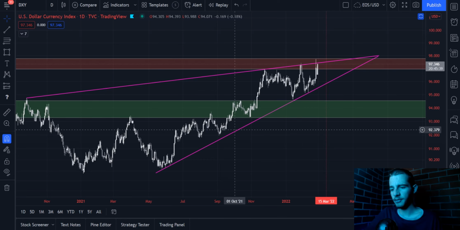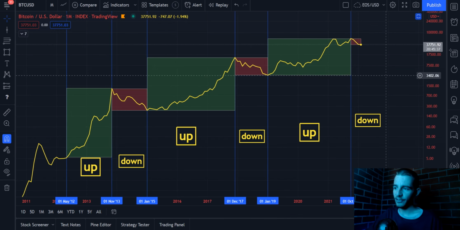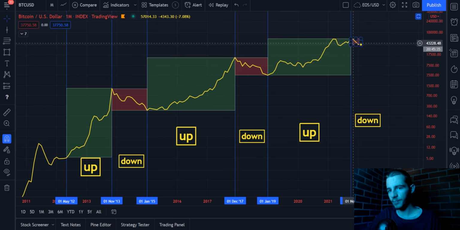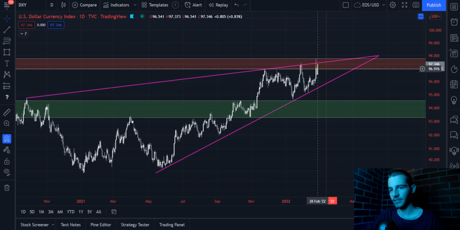Naturally, you have to be generally bearish on Bitcoin. And given the fact that I'm generally bearish on Bitcoin due to Bitcoin's TA, I naturally have to be generally bullish on the DXY. And hence, given the fact that the DXY has typically moved upwards when Bitcoin moves downwards throughout history, on 6 different occasions, I have to be bullish on the DXY and I have to be bearish on Bitcoin. Okay, so that's why the correlation matters.